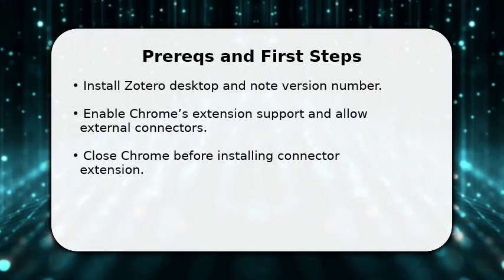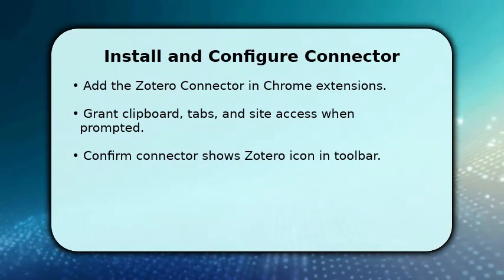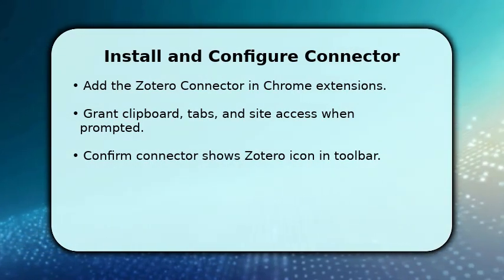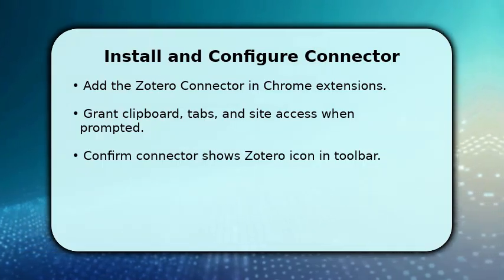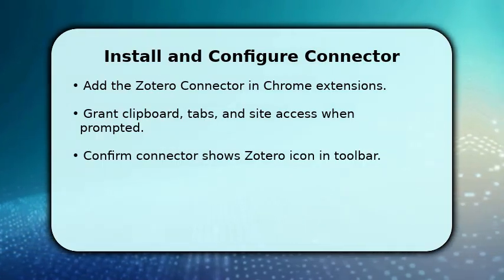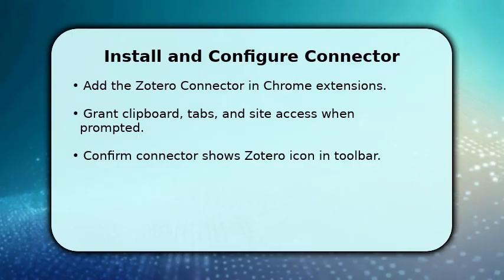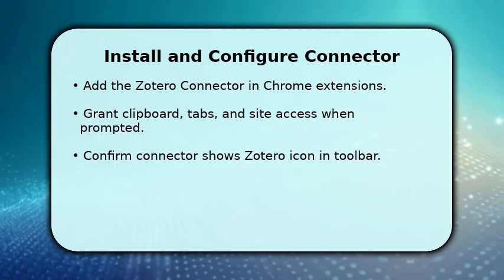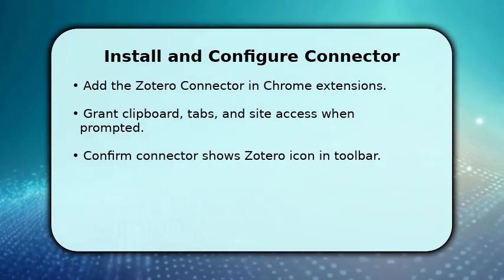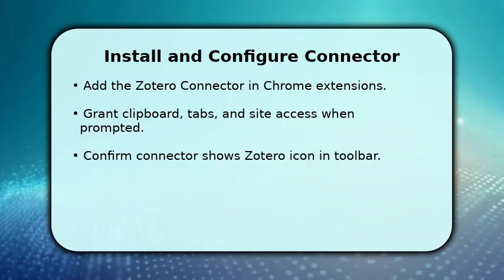With Chrome open, install the Zotero connector from the store and pin the icon to the toolbar for quick access. Once installed, click the connector icon and grant required permissions, access to tabs and the clipboard so it can save citations and snapshots. Next, switch back to Zotero Desktop and watch for the connector connected status in the top right